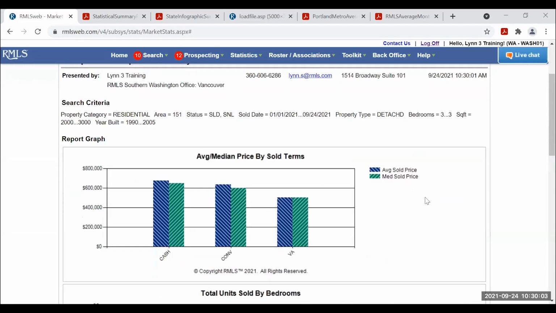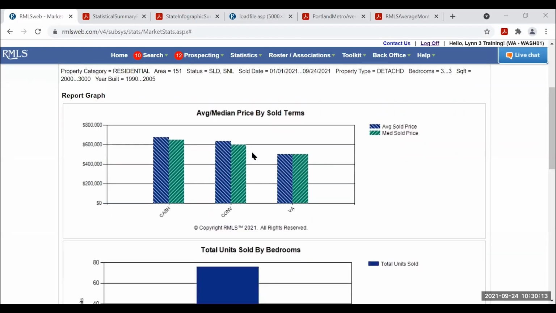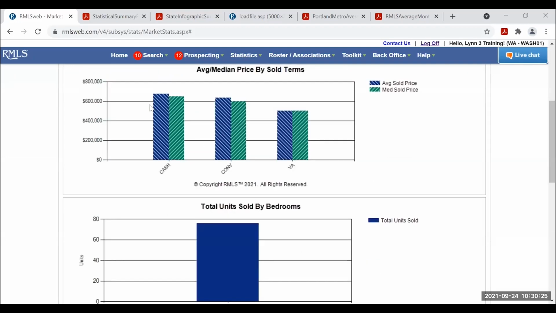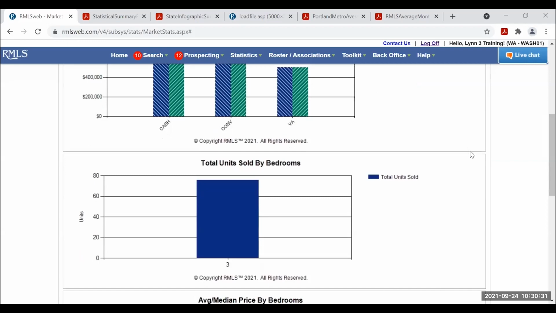Okay, so now very quickly, I'm going to see average and median price by terms. And so when the listing broker marks a property to sold, they do have to indicate terms. So that's where these are coming from. But I start to get an idea. Here's 600,000 cash conventional, average and median pretty close to that. Okay, so I start to get an idea if this house is similar in condition and everything to the ones that sold year to date. I get a starting point in my mind.